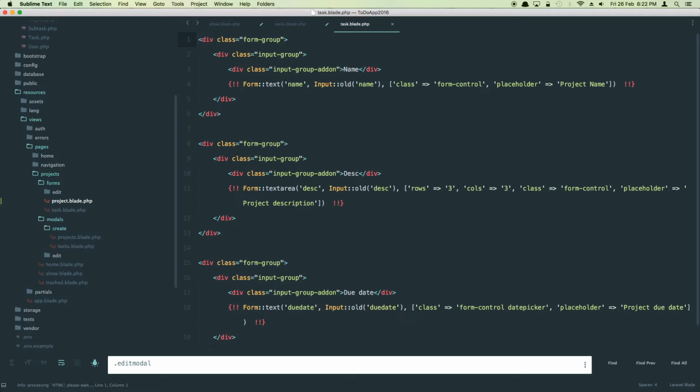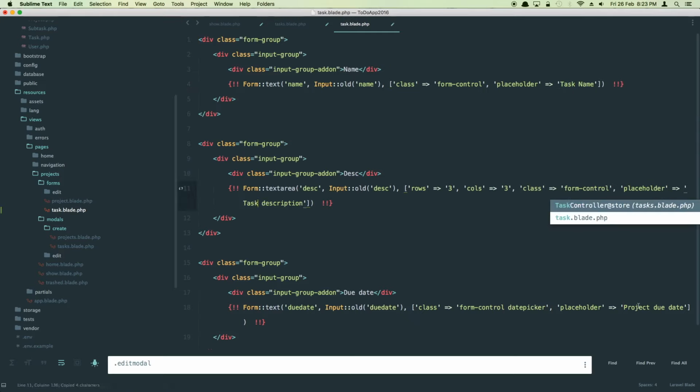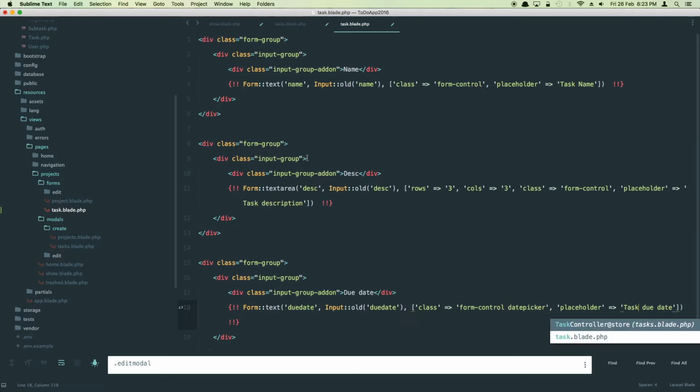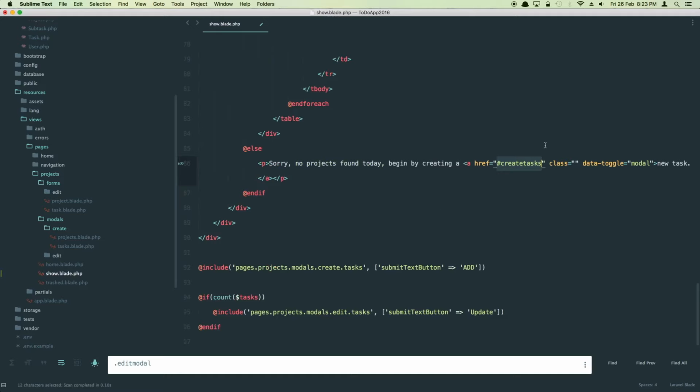Yeah, it's the same old form. There's nothing special going on here except that the placeholder is going to be task name instead of project name. And let's just copy this and replace here, and that's it pretty much, I guess. So it's going to be the same way. We're going to be filling up the task description and task due date. That's good. That's all we need to do here. Let's just close it and save it, and this should start firing